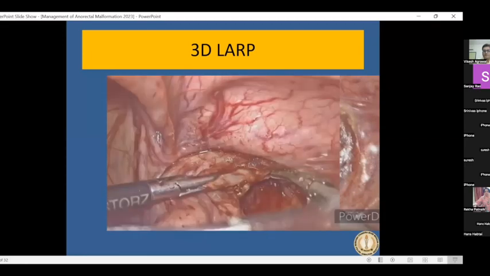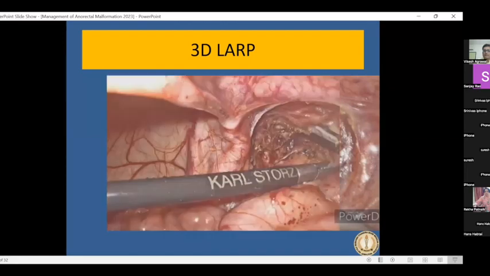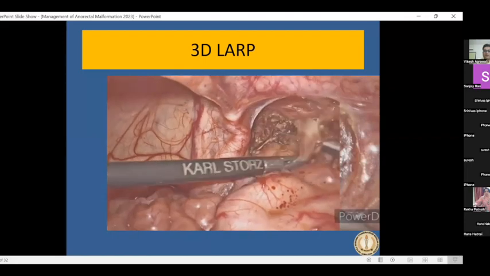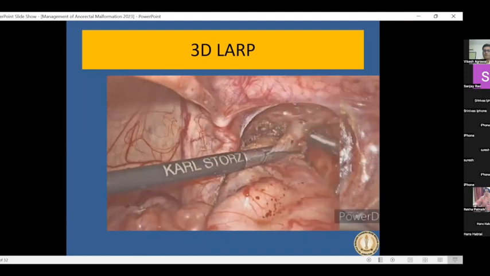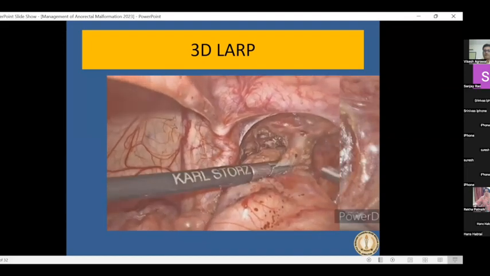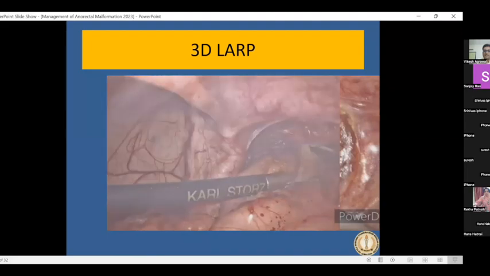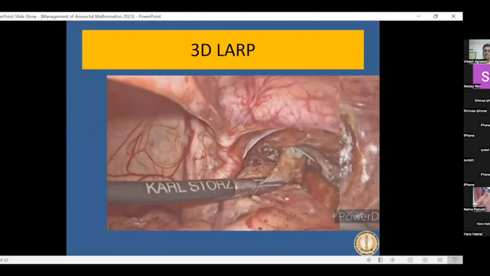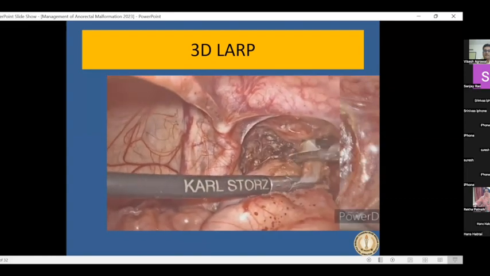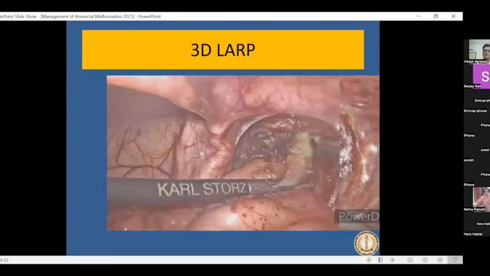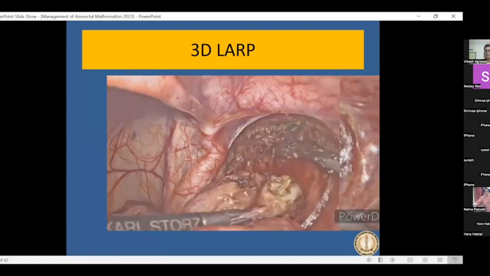So once the fistula narrows down, then you divide the fistula, and here you can see seminal vesicles. I don't know which device you're using, but if it's on a laptop, then you can appreciate the seminal vesicles and the ending of the vas deferens at the site of the fistula, and you divide the fistula just above it. And as you can see, here the fistula is not very wide. So in this case, we didn't close it, we just divided it, kept the catheter for 2 or 3 days, and after 3 days we discharge the patient. The rest of the procedure remains the same.